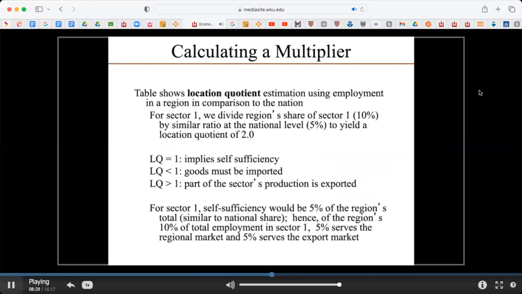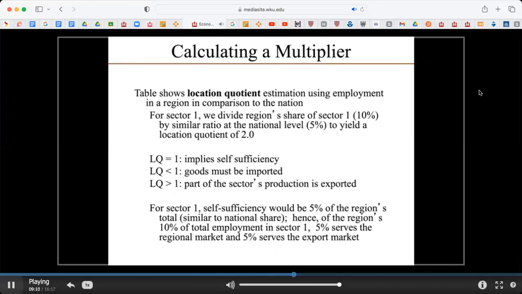And so the location quotient, the multiplier effects, where you can really figure out what's driving any local economy, is to do this computation to figure out the ratio of the employment share in a given sector in the community divided by the employment share in that sector nationally. If you have a larger share of employment in your region than at the national level, in other words, if your location quotient is above 1, that means you have exported goods, and that is a base industry or an export industry in your area.